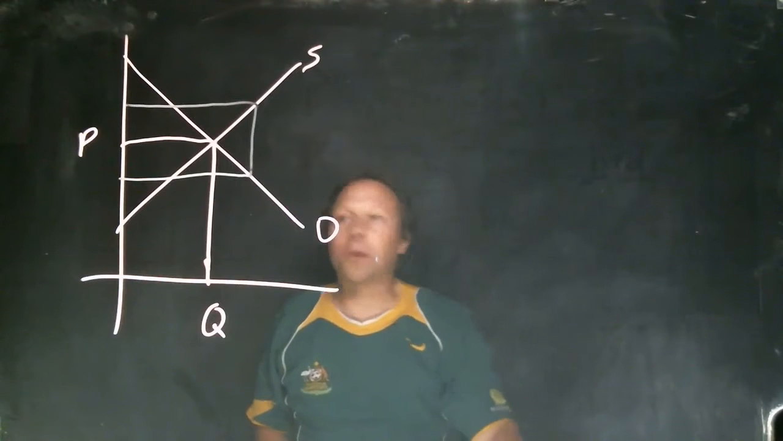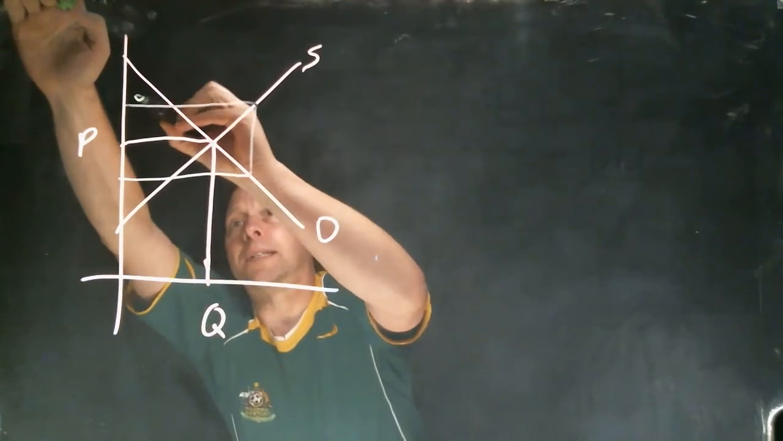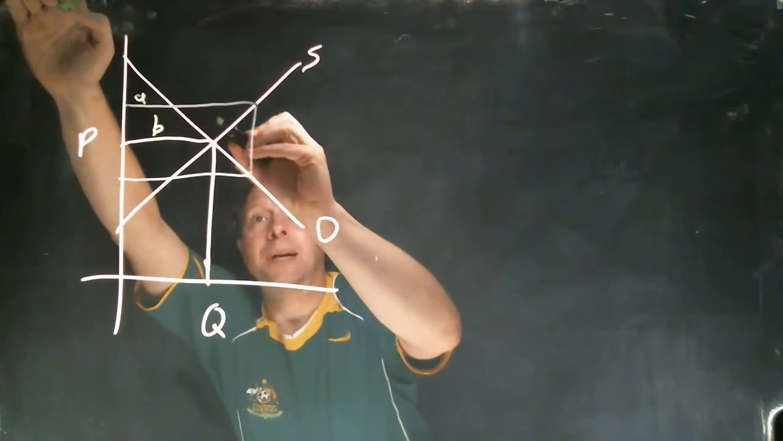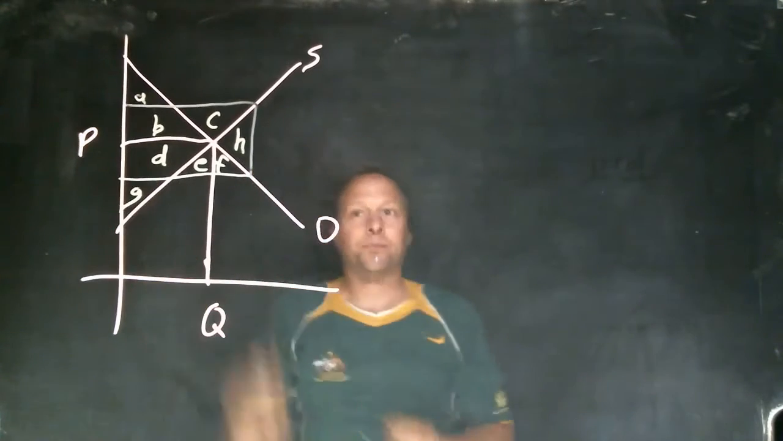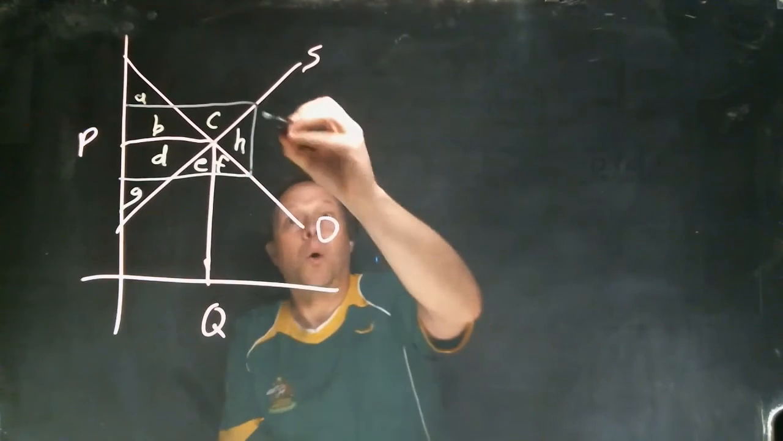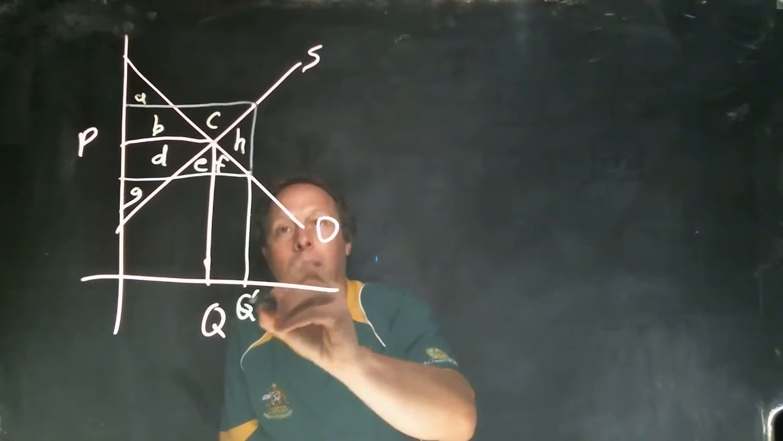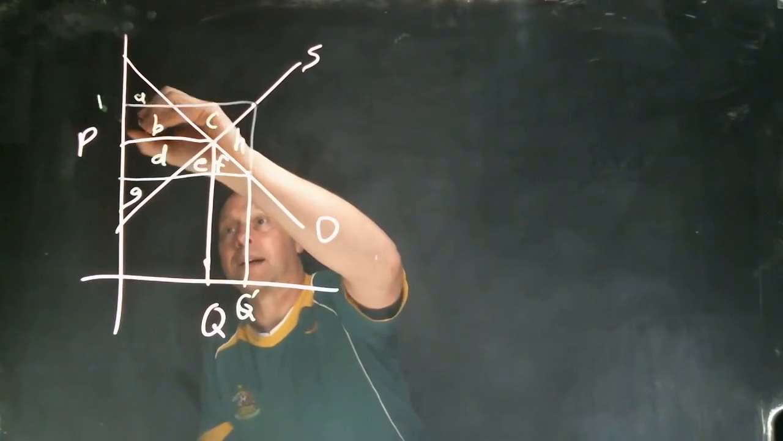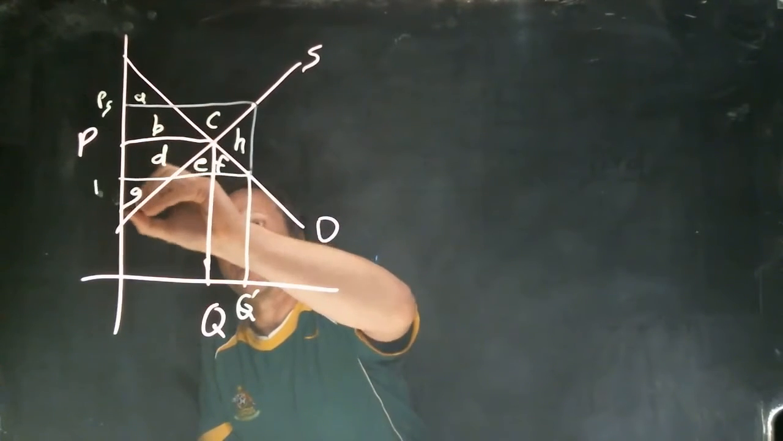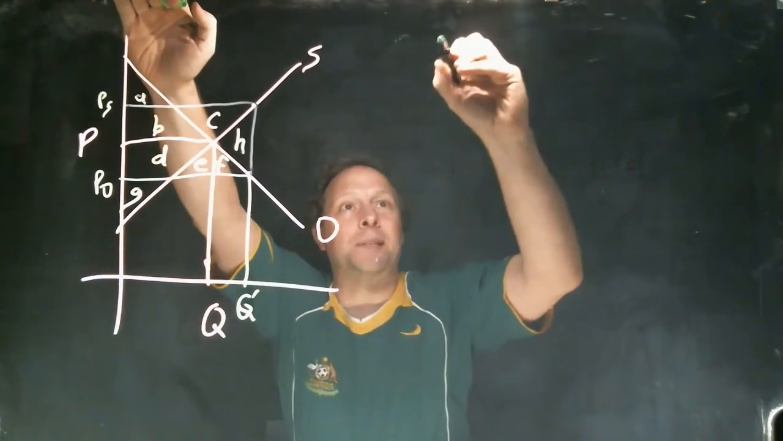So let's take a look at what the welfare effects of this particular policy are. Well, let's label these areas A, B, C, D, E, F, G, and H. Okay, so remember here under the subsidy, we have a new quantity, quantity prime, and we have two new prices, the price that the supplier gets and the price that the demander pays. So before the subsidy,